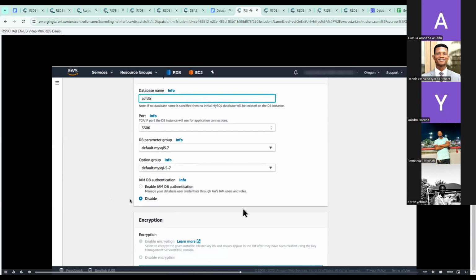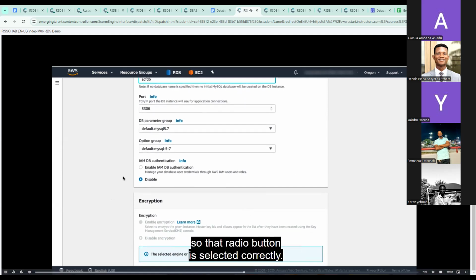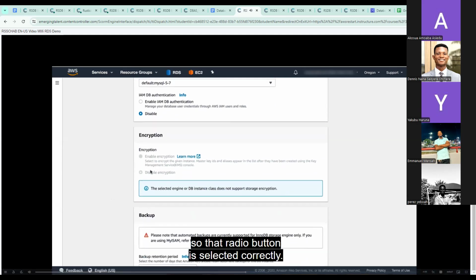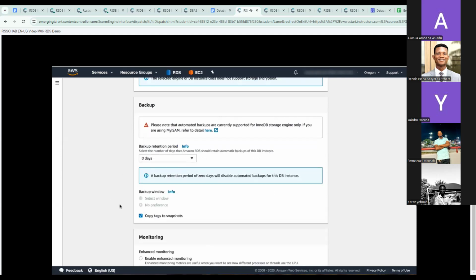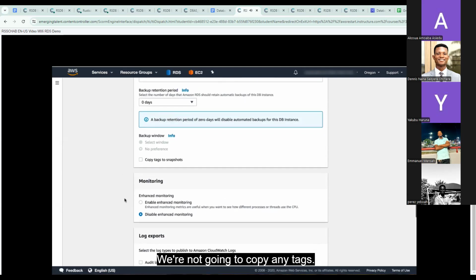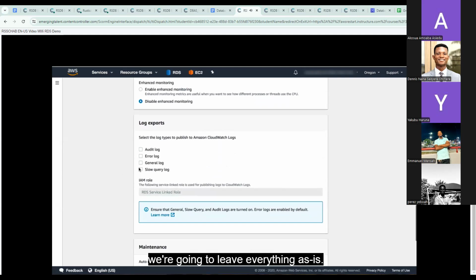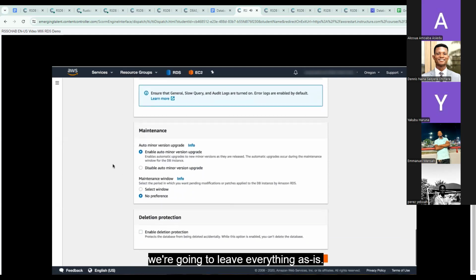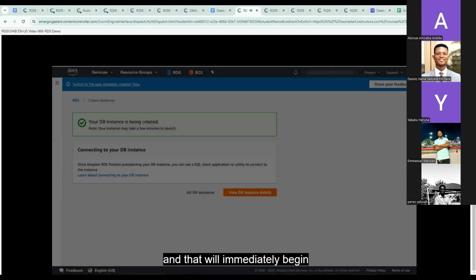Everything looks good. We're not going to be using identity and access management authentication, so that radio button is selected correctly. We're not going to be using encryption. And for backup, we're going to select 0 days. We're not going to copy any tags. And we have disabled enhanced monitoring. As far as log exports, we're going to leave everything as is. And we're going to be disabling auto minor version upgrades. We're also going to be deselecting enable deletion protection. That's all it takes. We're going to select create database, and that will immediately begin